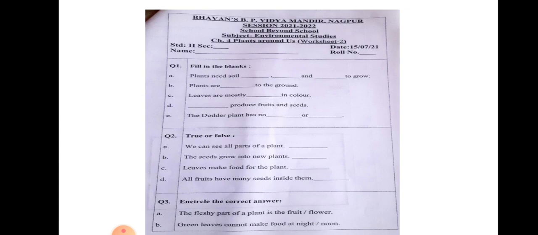Children, once again, before I begin the worksheet, I would just like to recapitulate, that is, a little revision we will do. Please listen carefully. Plants are fixed to the ground. They are always fixed, they cannot move, beta. We cannot see some parts of the plants which are below the ground, but other parts we can see which are above the ground. Now it has mainly two parts, the shoot and the root. The shoot is above the ground and the root is below the ground.